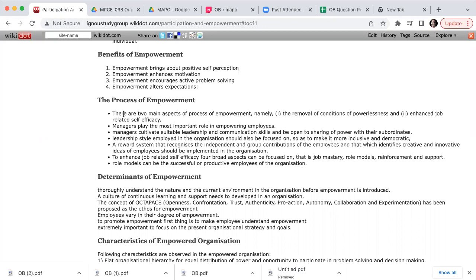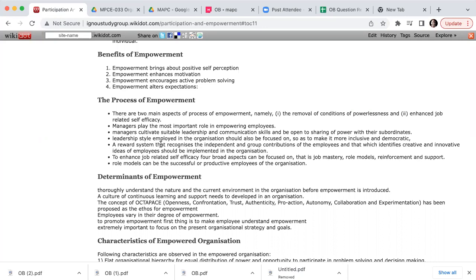And second, you need to improve their confidence, their capacity. That confidence needs to be filled up. They need to feel that, yes, I can do this. If an employee doesn't have that, even after removing the obstructions, they don't really take that empowered position. They will still take the back seat because they are not confident of doing it. They feel that they don't have the capacity to do it. So these are the two things that need to be done.